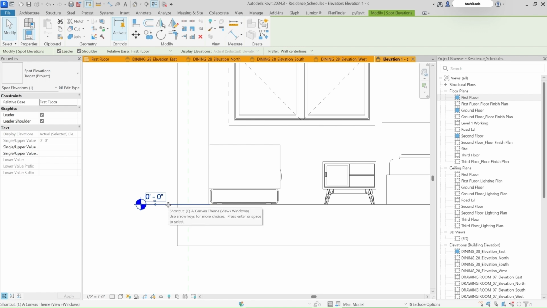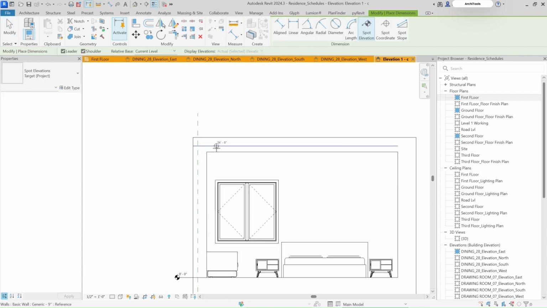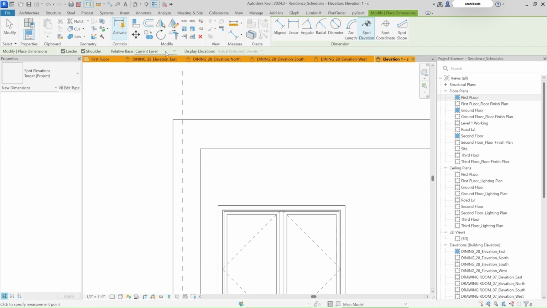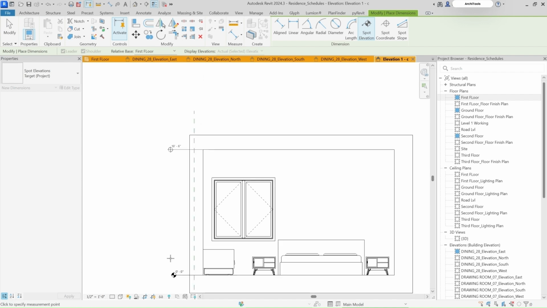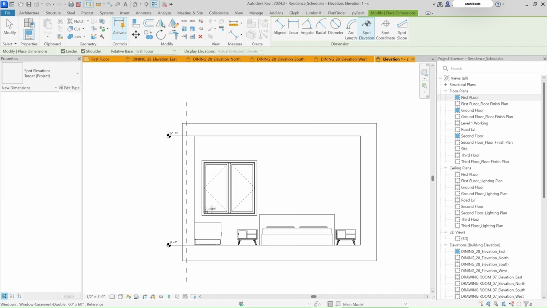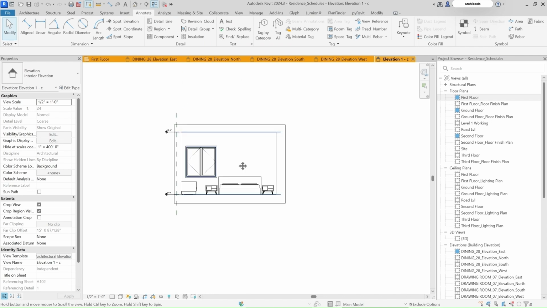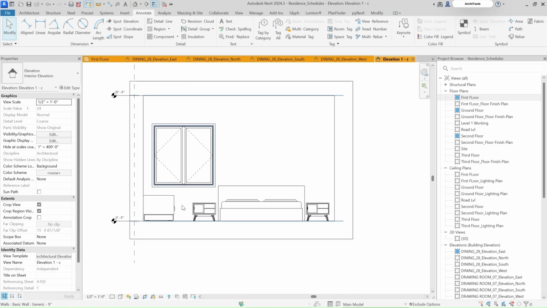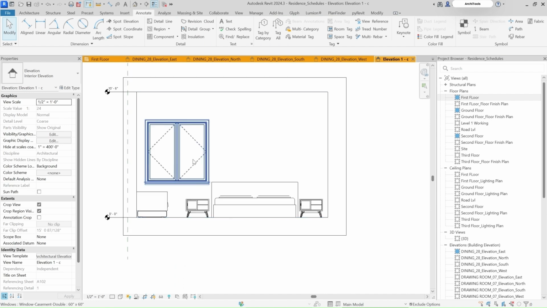I'll just press on CS to create similar for the top as well, and my relative level will be my first floor again. So this is the level of my top floor ceiling, right? So once I have done the spot elevation part, next thing I would require is to tag the